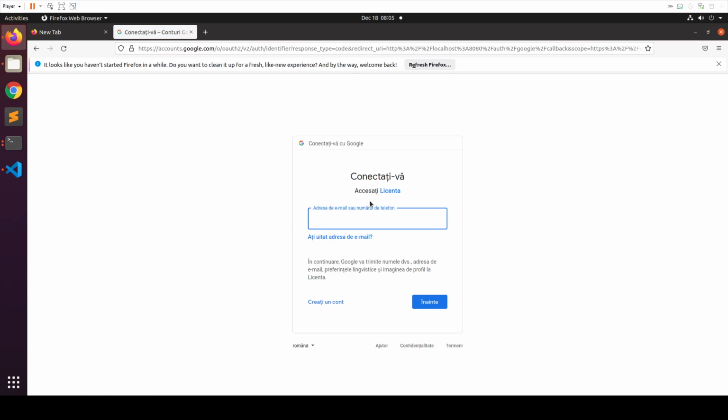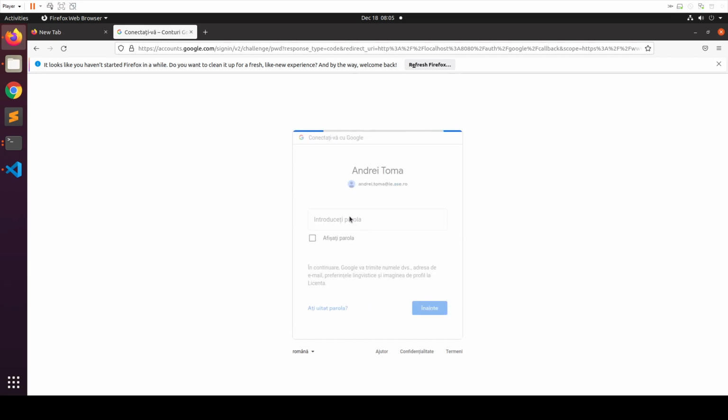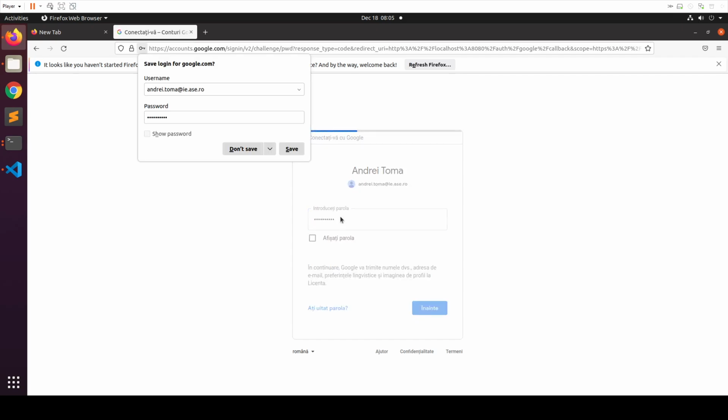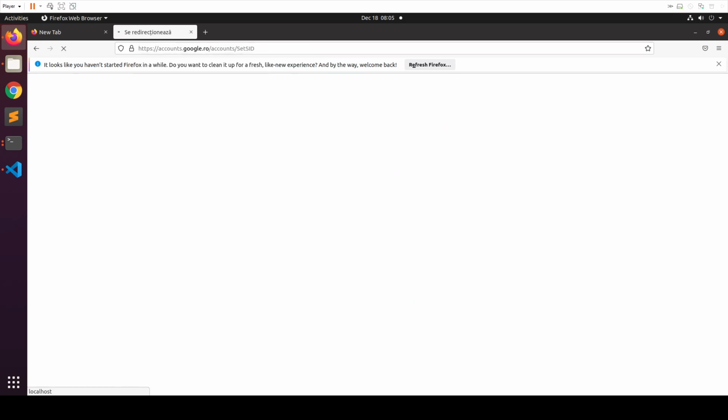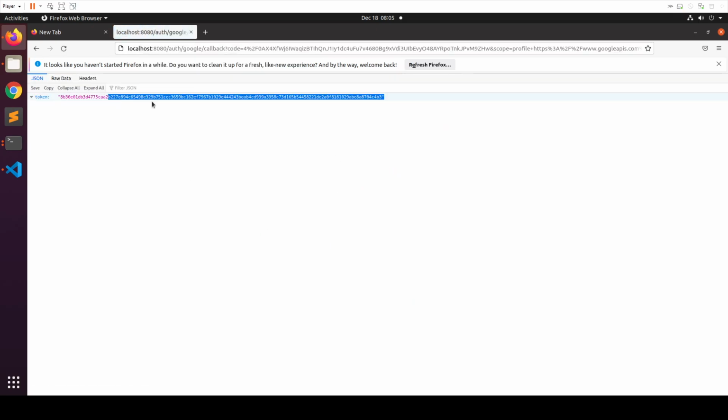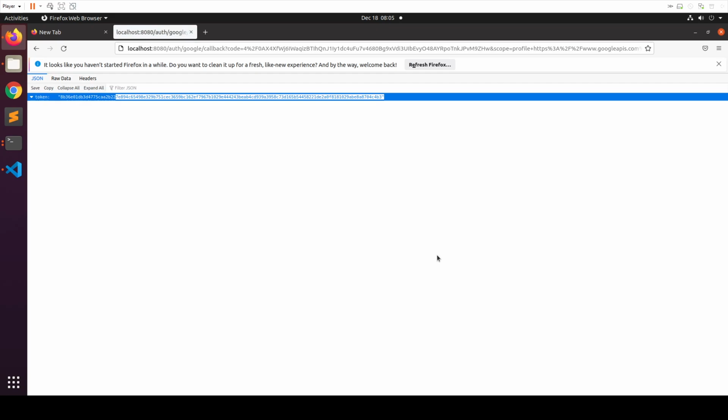Right, so now it's going to ask me for an account, and the password. And it gave me the token. Right, so I'm using Google accounts as identities in my own application. That's about it for today. I'm going to stop the recording, and if you have any